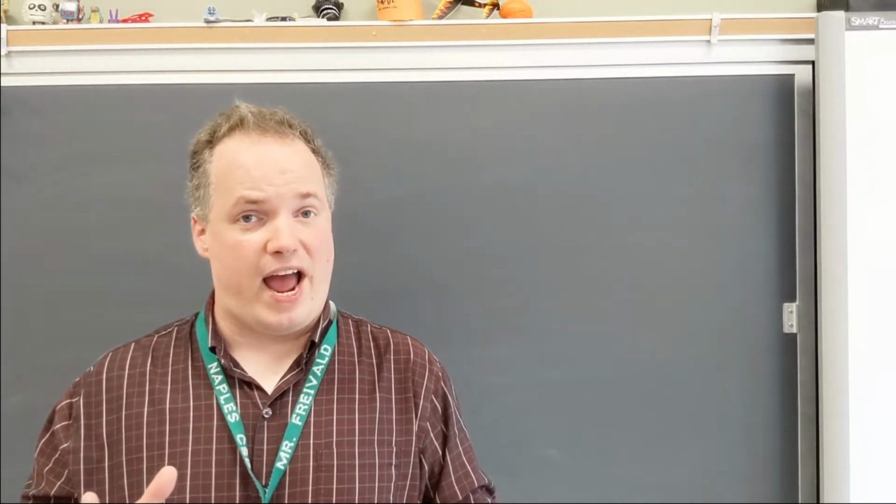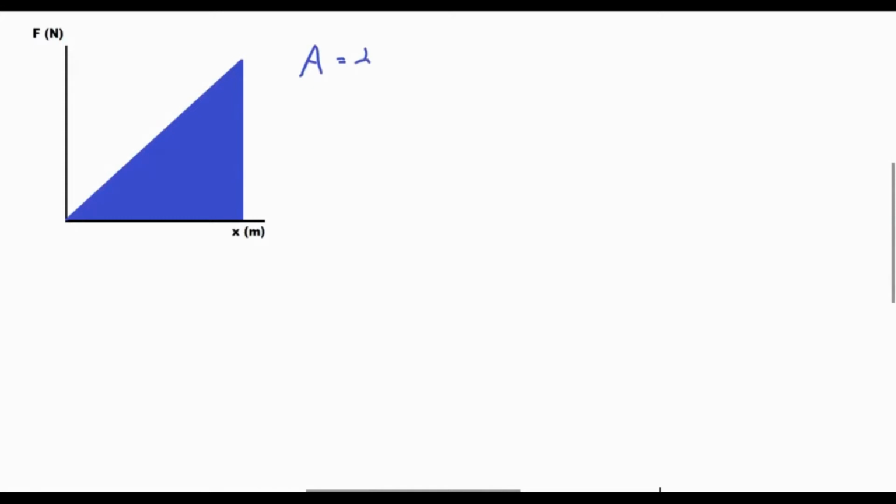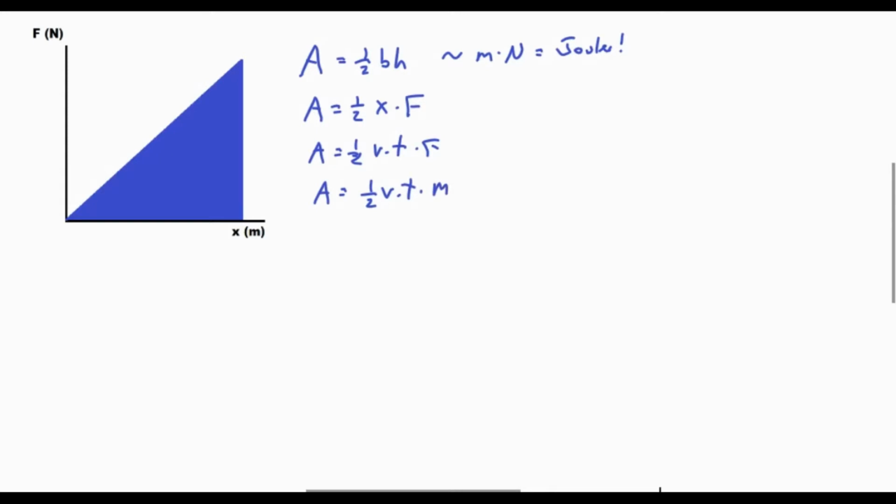We could also do a simple derivation using graphs, so check this out. Suppose you push a cart with an increasing force over a certain distance. Unit analysis right off tells us that the area under a force versus distance graph gives us the joule. 1/2 base times height is 1/2 x F, but displacement is velocity times time. If we apply Newton's second law and then the definition of acceleration, after a little cancellation, we get kinetic energy